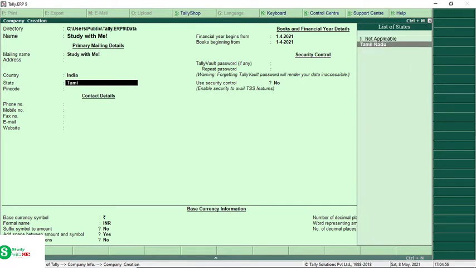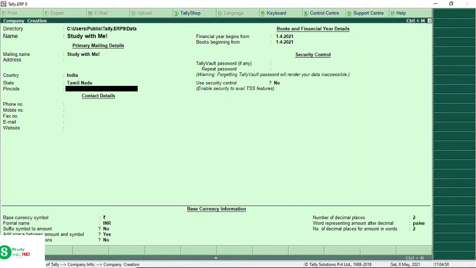State is Tamil Nadu, pin code 66016. Phone number, I don't have a phone number, so we go for the mobile number. Emails we can give.